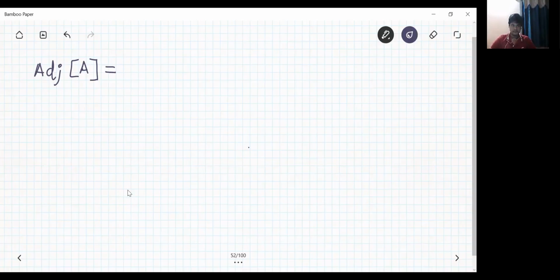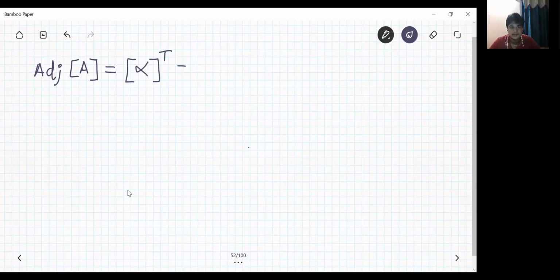See, after finding the cofactor matrix, you have to find the adjoint of matrix A. See, adjoint matrix A is the transpose of